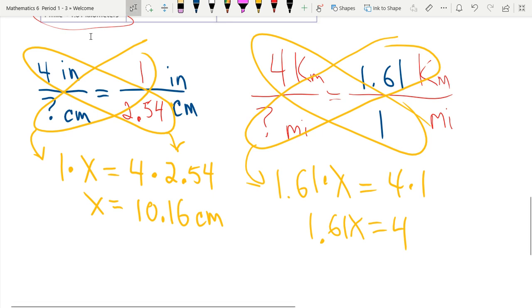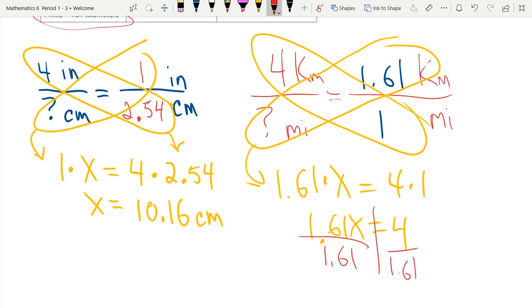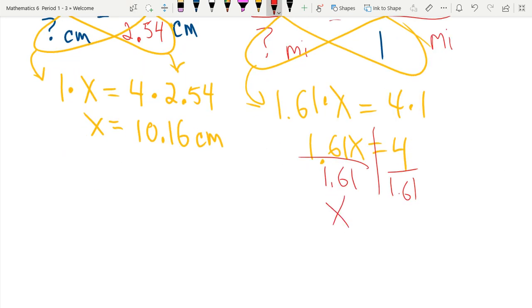And here, because I have to solve for x, I'm going to divide by 1.61 on both sides. So on the left side, x equals, those cancel each other out. The numerator gets plugged into the calculator first. 4 divided by 1.61 equals. I got this crazy number,